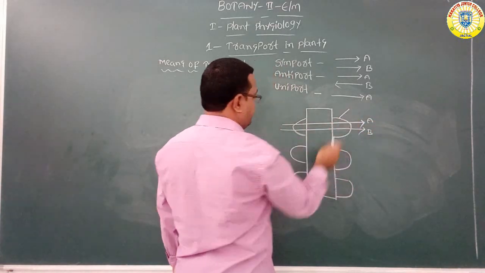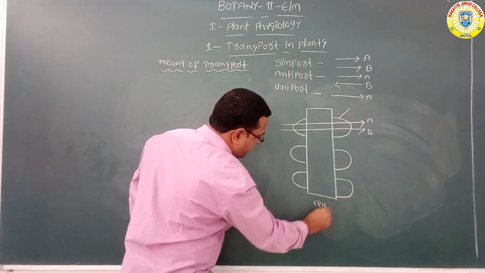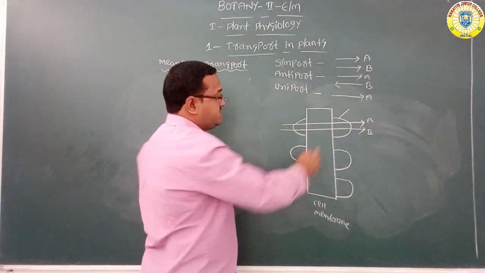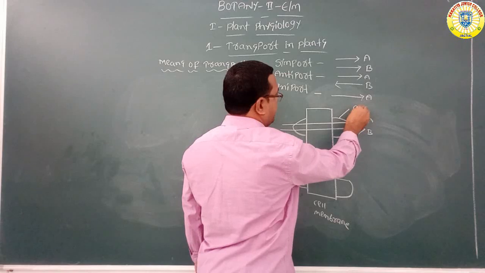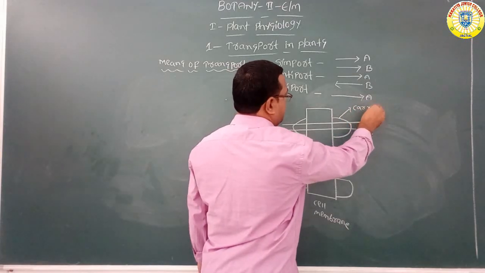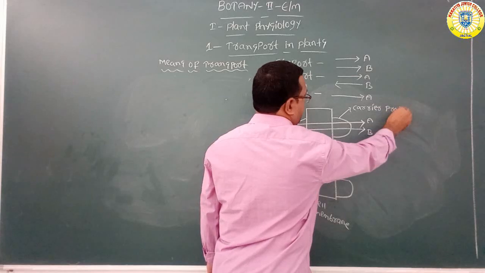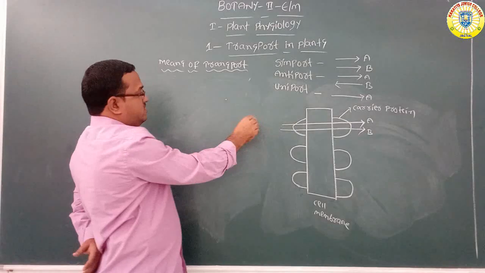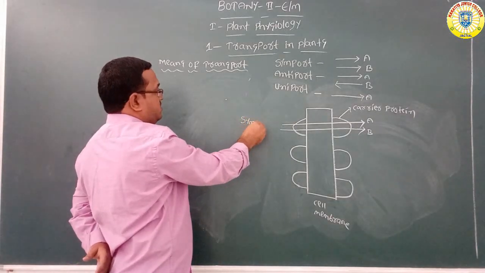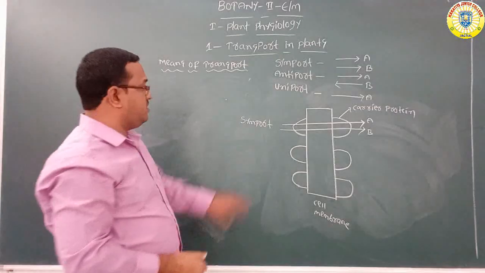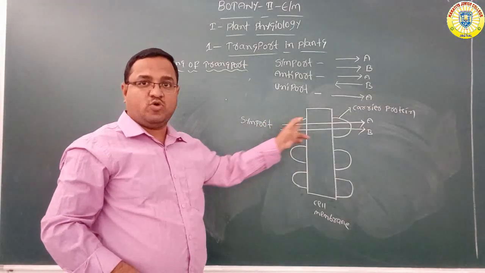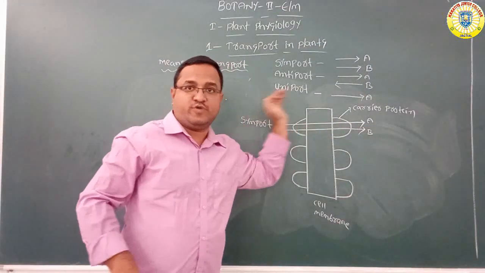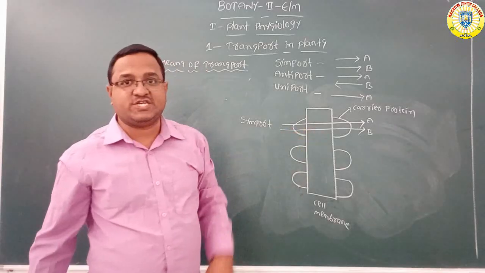What is this one here in the middle? This is the cell membrane. What is this in the middle? Proteins. These are carrier proteins. This is also a carrier protein. This is what? Symport. Here, two types of molecules are moved through the membrane in the same direction. Here A molecule and B molecule both move through the membrane in the same direction.